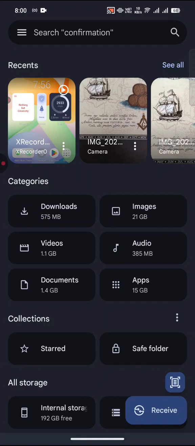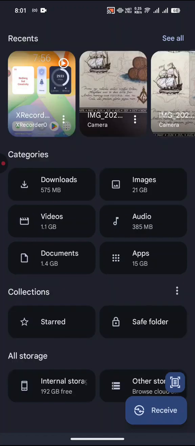In this video of Files by Google, we are going to see how we can manage our starred files. So what is a starred file? To easily access frequently used files, you can mark them as starred in Files by Google. Starred can be referred to as the favorite one. So the files which you are visiting regularly, you can simply make them favorite and you can access them from the